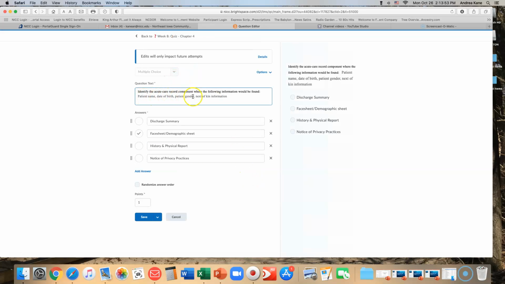Patient name, date of birth, patient gender, next of kin information. What kind of information is this? It's called demographics. So where would it be found? Most likely it's going to be on your demographic sheet. If it's demographics, it's probably going to be on that demographic sheet. Is next of kin typically on your discharge summary, H&P, or privacy practices? No. Your name would be, your date of birth would be, your gender might be, but next of kin information, that's typically only here on your face sheet demographic sheet because it's not needed to identify you on those other